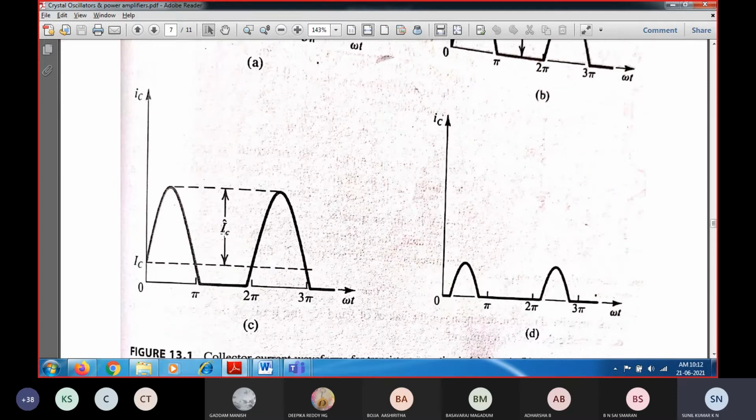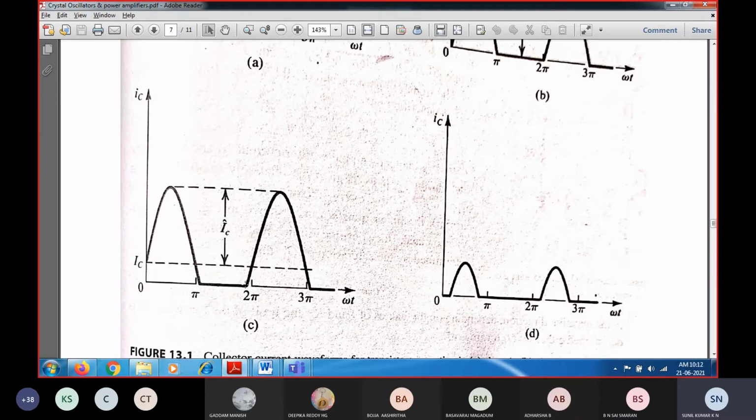And in the third case, when the selection of Q point is just above the cutoff point, you will be getting the output varying just above this one, so that you can see a full half of the cycle of the positive input is there, and the negative portion of the input cycle also you will be getting partially. So you can see this amount of negative half cycle of the input you will be getting as the output over here. Which concludes that you're going to have an output greater than pi and less than 2 pi. So the operating angle will be more than pi, so 180 degrees.